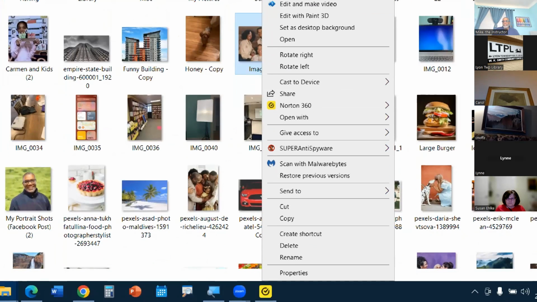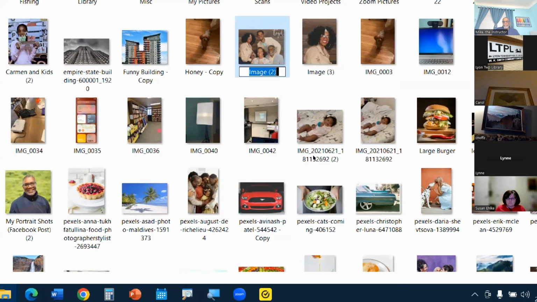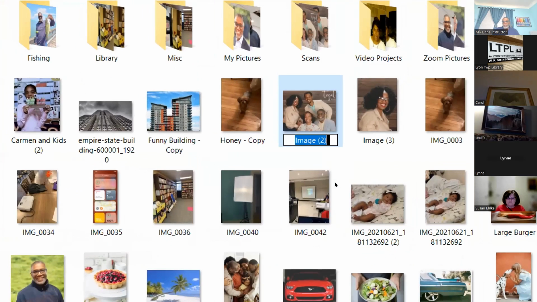And then if it's Windows 10, you go down to rename and left click it. You're only right clicking once to get the list, just one time. And you can see my picture is highlighted up here, and I left click at this point on rename. And then this comes back into the image mode where I can now name this